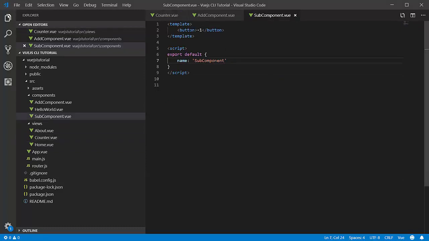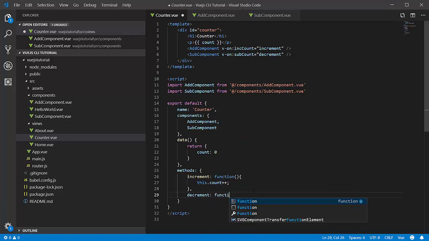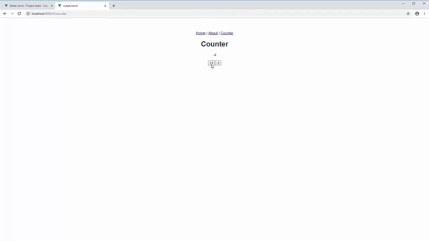So if I go to subcomponent, again, when the user clicks this in Vue, what we want to do is we want to emit a sub count event. So I'm going to save this. And so now within our subcomponent here, we want to respond to the sub count event, and we're going to specify a decrement function here. We're going to come into the methods here. We're going to specify a decrement, which is going to be a function, and it's going to be this.count--. Then we save that, go back into our web page here, and you can see we can add and